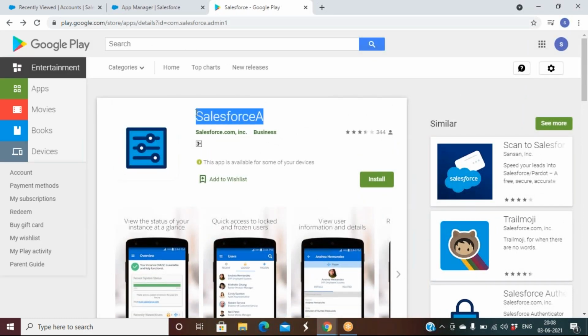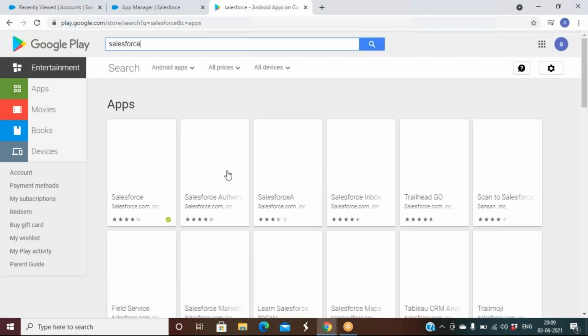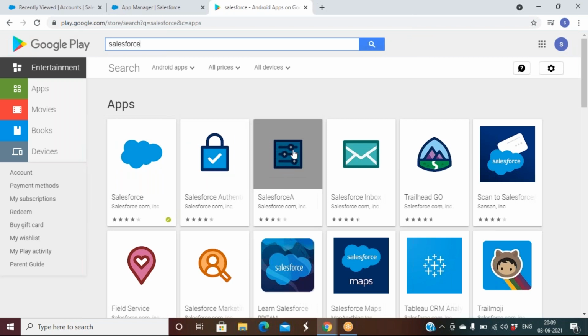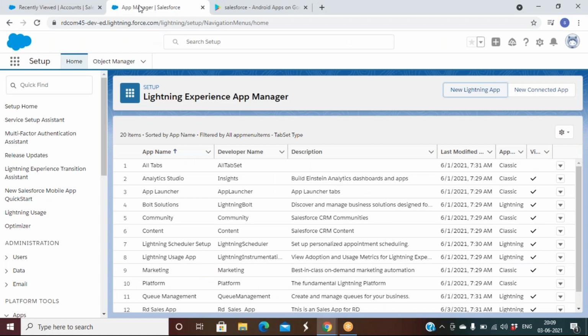Salesforce A is for the admins, and only Salesforce is for the end users. So there is a big difference in the app. You see the dotted lines for the admin. This is for the end users. So this is how Salesforce can be accessed from a smartphone as well as from laptops through a browser. If you are using a system, you can use any browser; any browser will support it.